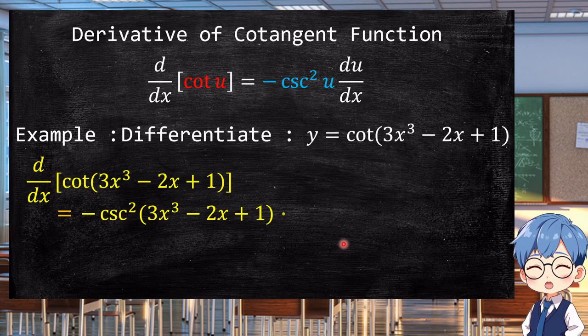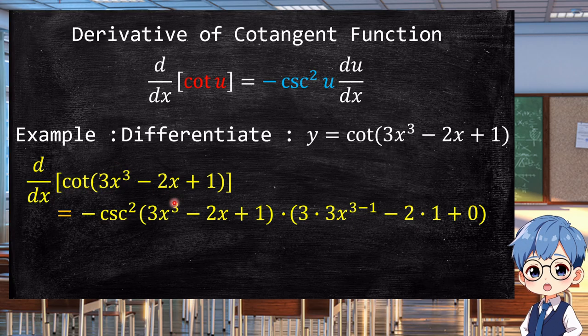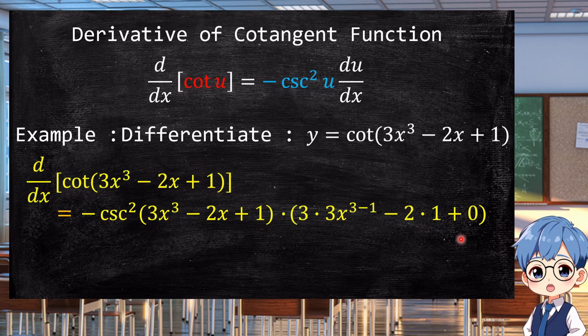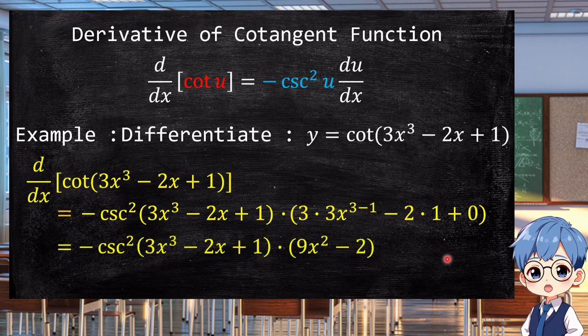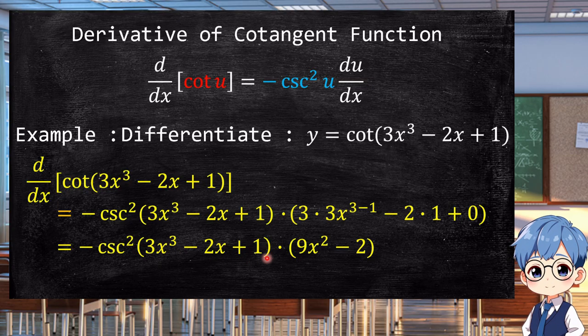And then get the derivative of 3x cubed, which is 3 times 3, so we have x to the power of 3 minus 1, and then minus the derivative of 2x, which is just minus 2 times, of course, the derivative of x is 1, plus the derivative of 1, which is a constant, is 0. So if we simplify this further, we will have negative cosecant squared 3x cubed minus 2x plus 1 times